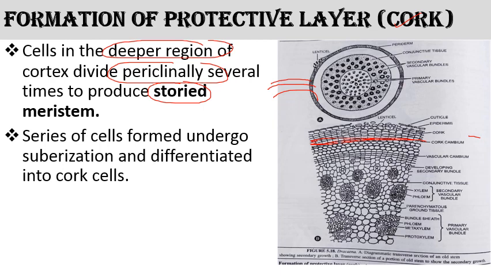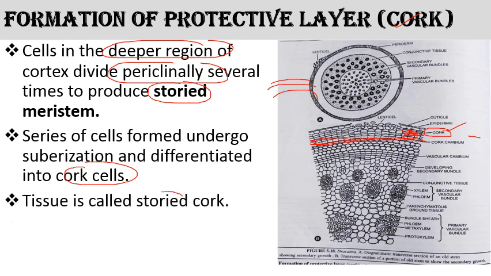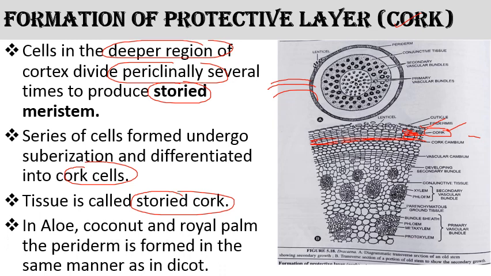Then a series of cells formed undergo suberization, जो इसके डिवीजन से सेल्स बनते हैं वे suberized हो जाते हैं, बाहर से सुबरिन की कवरिंग इसमें ऐड हो जाती है, and they get differentiated to cork cells, बाहर की तरफ को ये बनाते हैं cork cells, and this tissue is known as storied cork, और इसको बोलते हैं storied cork. In case of aloe vera, coconut and royal palm,